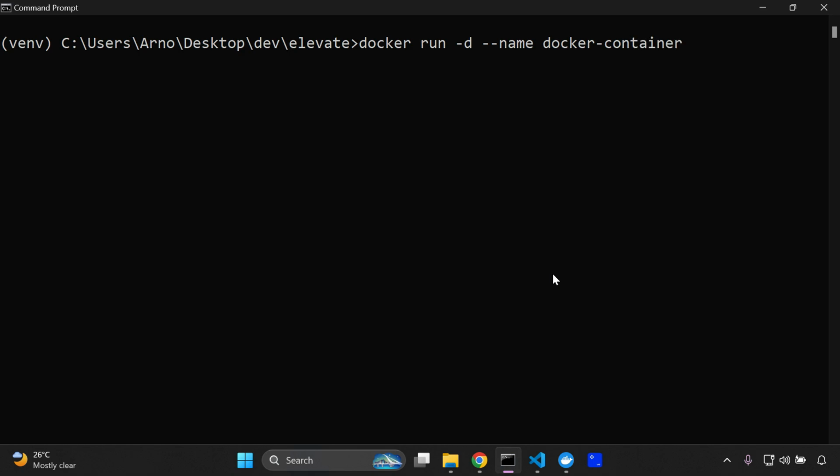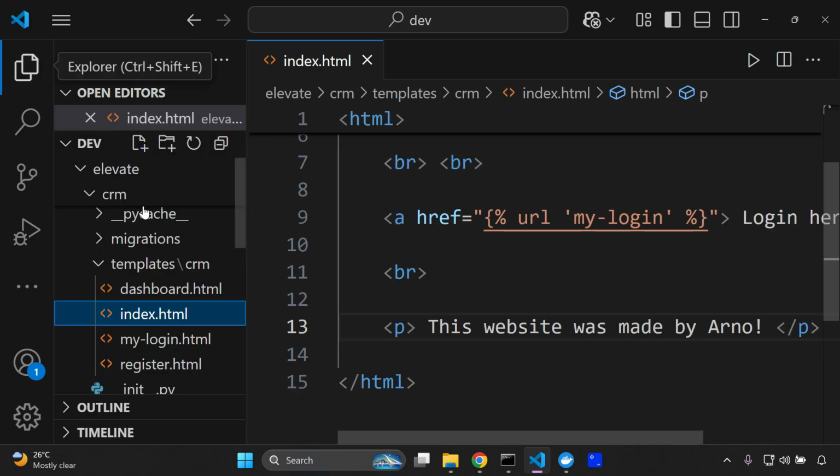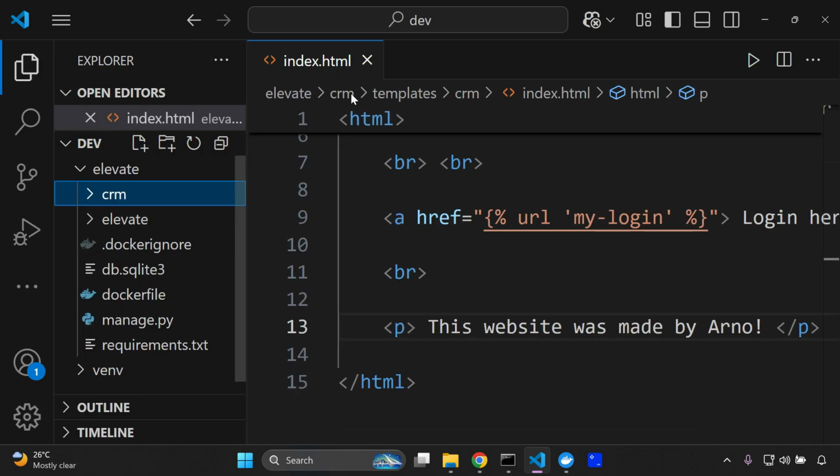docker-container. And then, this is very important, this is where the volume part comes in. We want to add in the tag -v, okay, that's going to be for volume. And then we want to mount our current directory to the app directory inside our container. So to do so, what you want to do is say dot, that's our current directory, add the colon, which means map, and then where to our container's app directory. So remember, this app directory is what we specified. If I show you here